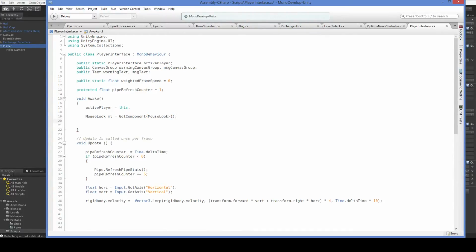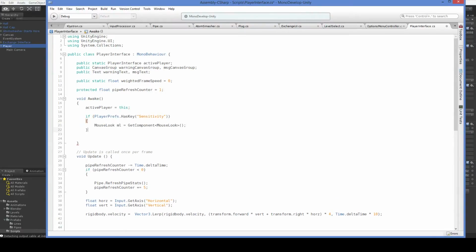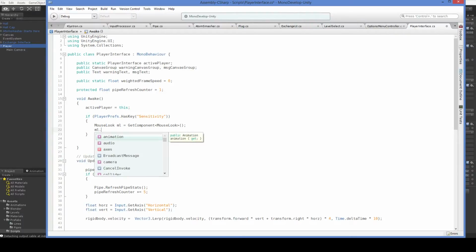So let's fetch our mouse look, and let's say if PlayerPrefs.HasKey sensitivity, get component mouse look and ml dot its x sensitivity, here it is, equals PlayerPrefs.GetFloat